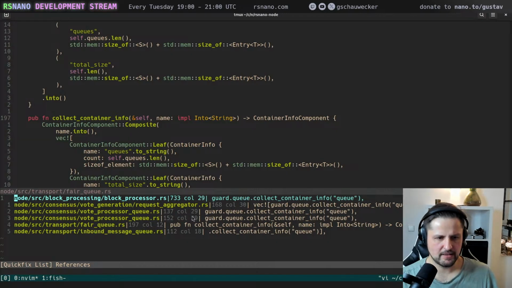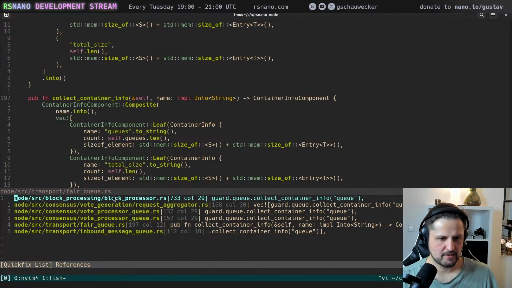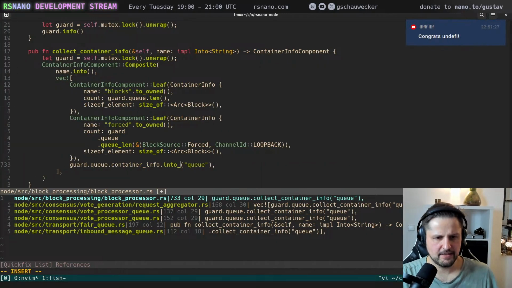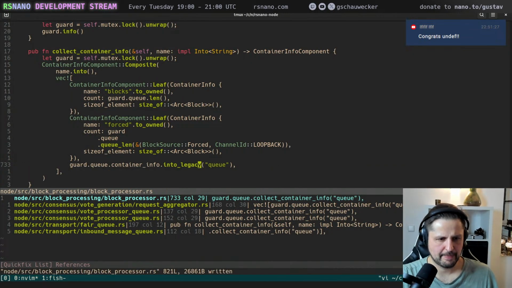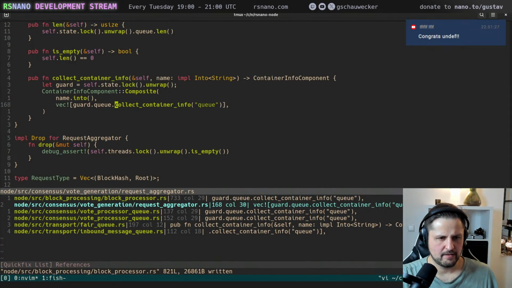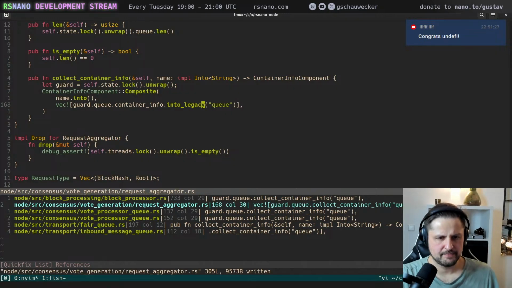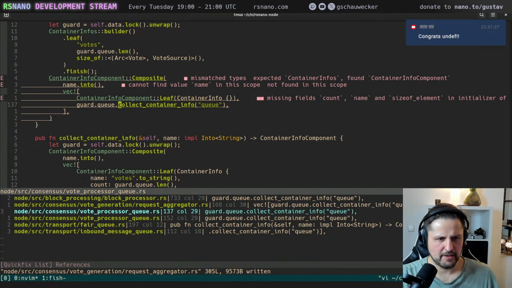Oh, we use this in multiple places. Or why do we use this in multiple places? So we have this one into legacy. We have this one. Multiple places use this.